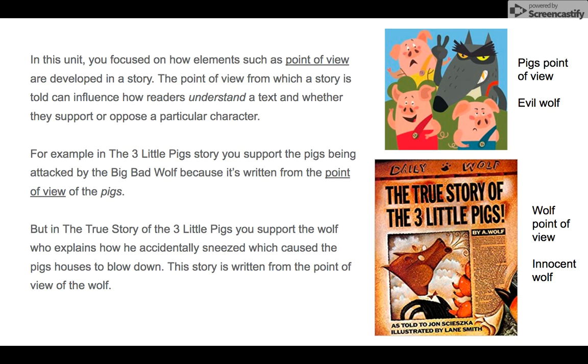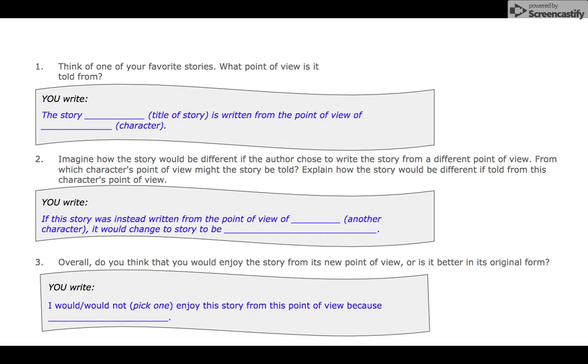So the point of view from which a story is told is key to how the plot unfolds, to which characters you support. Now, you have three questions to address in this discussion. The first one is, think of one of your favorite stories. What point of view is it told from?